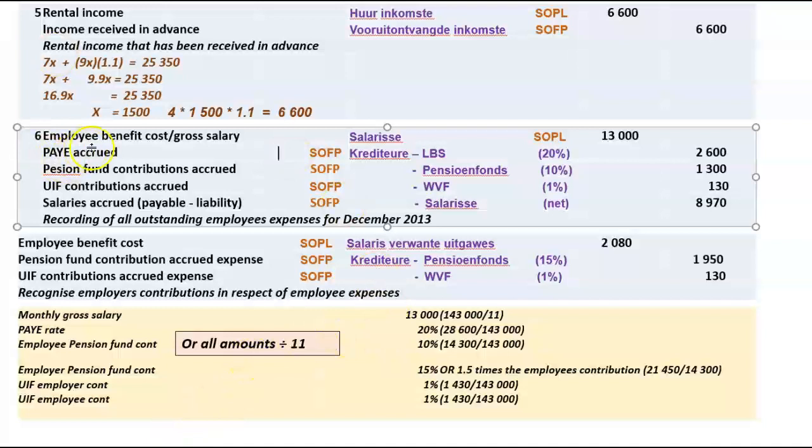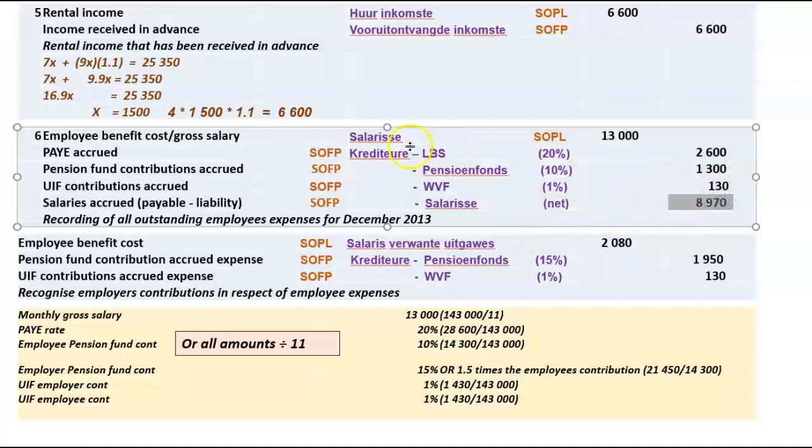So therefore, pay-as-you-earn, we said, is 20%, so 20% of 13,000 is 2,600. The pension fund contribution of the employee, we've said that amount is equal to 10%. So 10% of 13,000 is 1,300. UIF, we said, is 1% of 13,000, which is 130. That means 13,000 less the employee's deductions, the 2,600, the 1,300, and the 130 rand, gives us a net salary that we owe the employee of